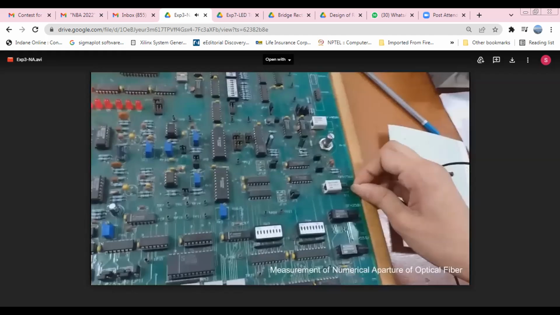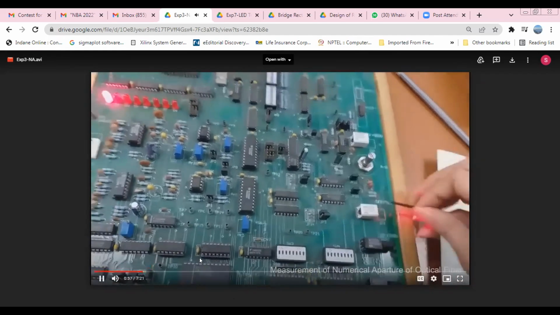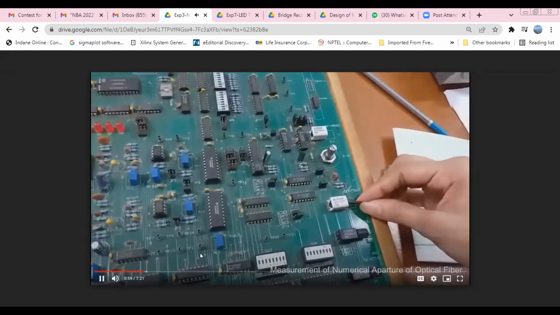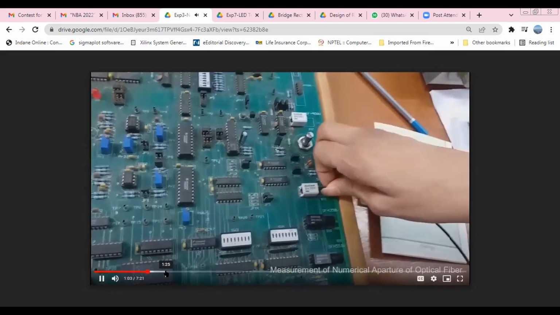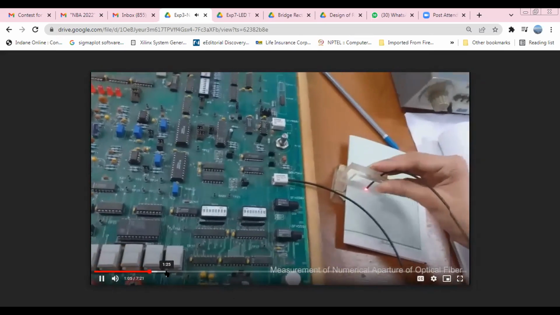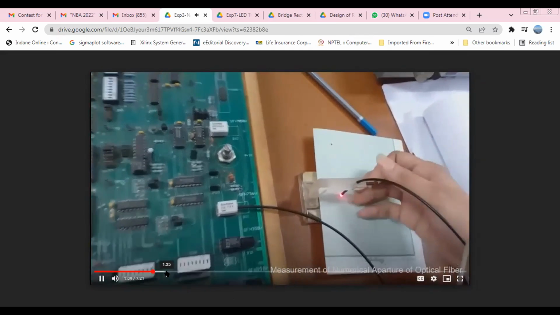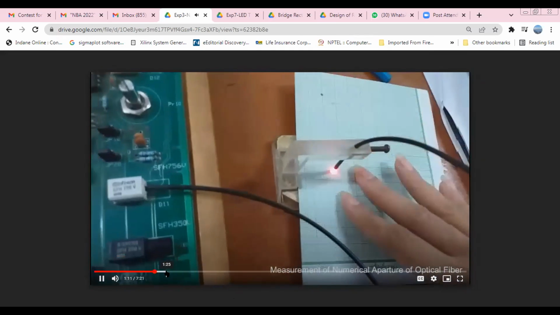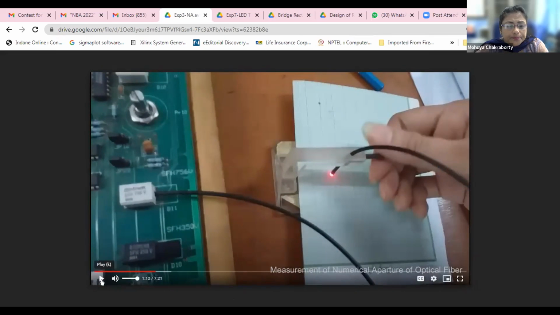The audio is not clear. Ma'am, is the video visible? Video is visible, there is no audio.